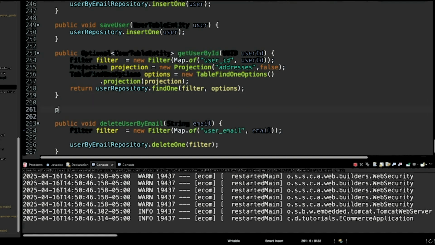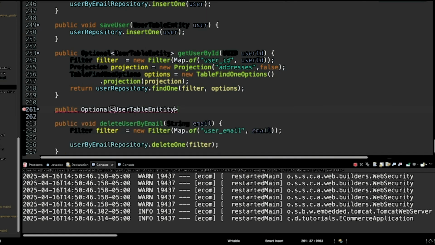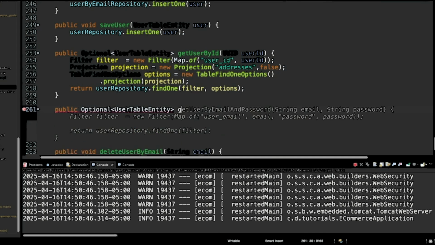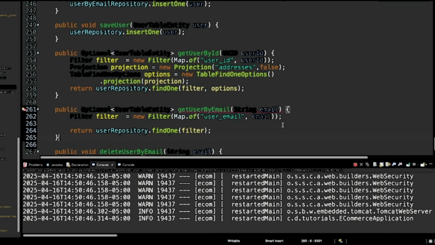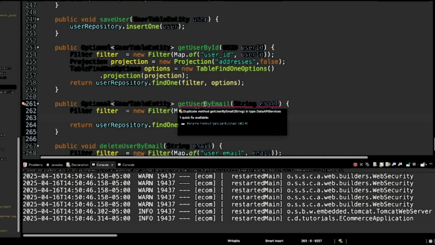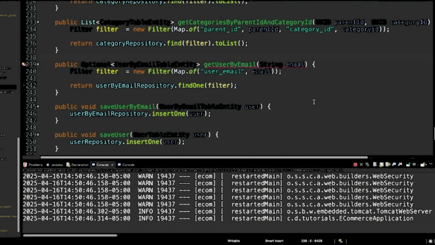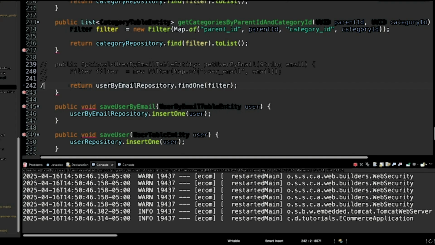So let's say public Optional UserTableEntity, and I'm going to say getUserByEmail, and we'll say String email, just like that. All right, this looks correct. Now it's throwing a fit because it's saying that we have a duplicate method. So in order to make this happen, we'll just comment this one out for now.